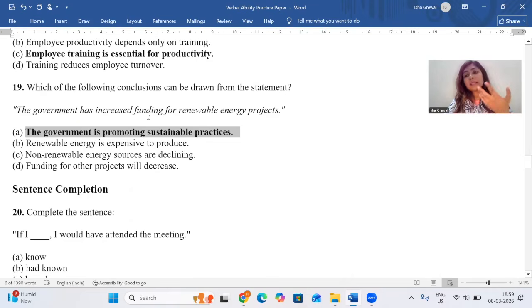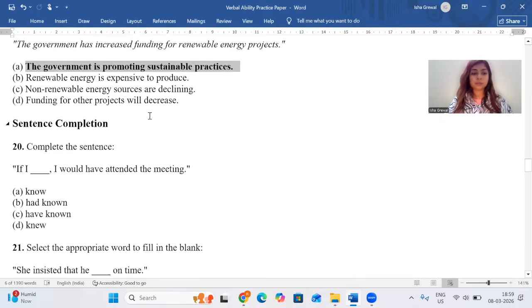Okay. So in these kind of statements, guys, the assumption पूछ रहा है, conclusion पूछ रहा है, always read the sentence and think accordingly. Do not overthink. Do not use your own guesswork. Do not think कि नहीं अगर ऐसा है तो ऐसा भी हो सकता है. No, whatever is mentioned, whatever is there on the question paper, understand that and select the answer. Okay.